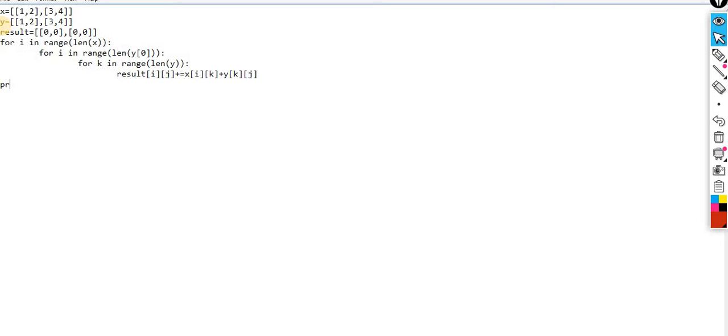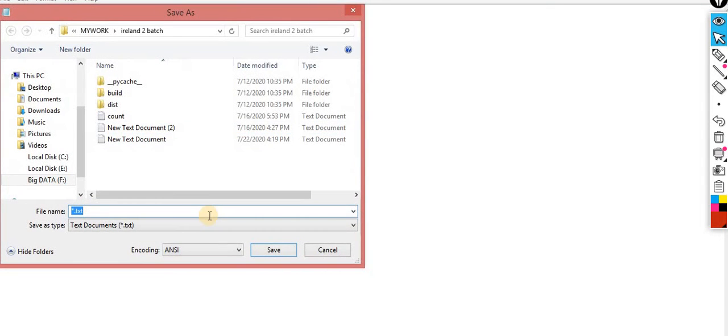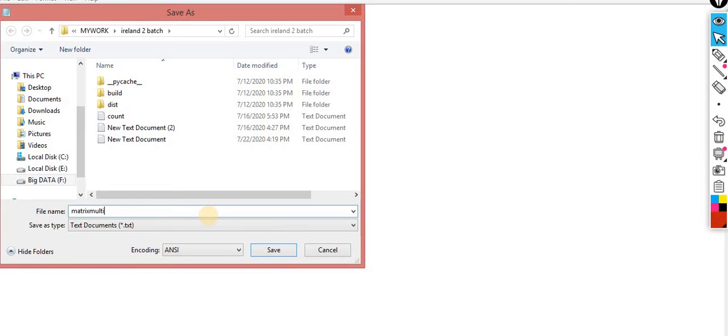And then you are supposed to print the result. So let me check whether it's working fine or not, then we will come back. Save as matrix multi.py.